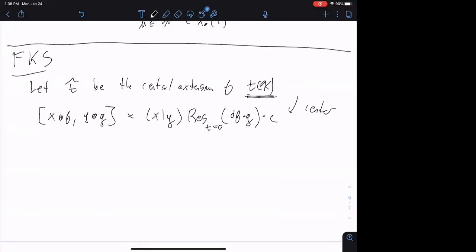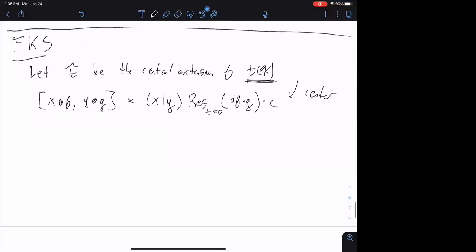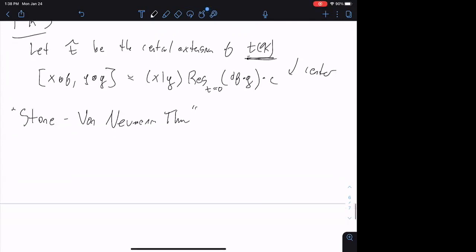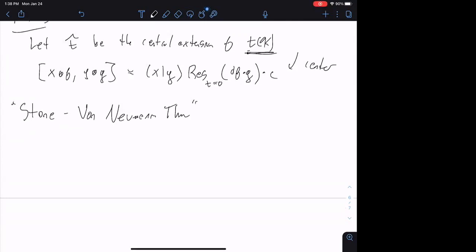So there are kind of two things that an algebra or a group should satisfy to be called a Heisenberg group or Heisenberg algebra. One is that it should be a central extension of an abelian group or an abelian algebra. And then second of all, there should be some sort of Stone-von Neumann theorem, which classifies the representations. So here is the analog of the Stone-von Neumann theorem, that the representations are very easy to describe. So we can introduce the Fock